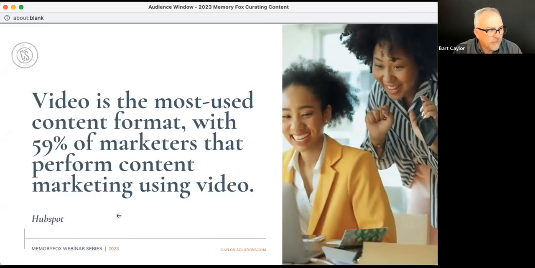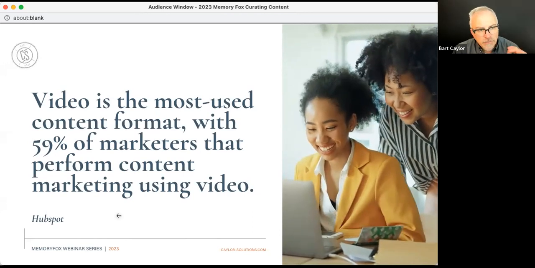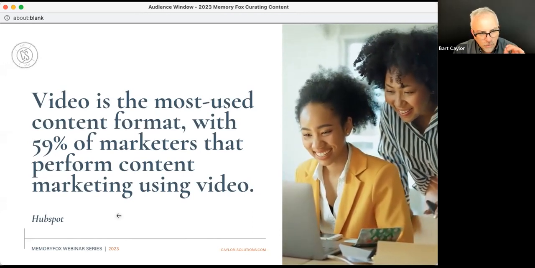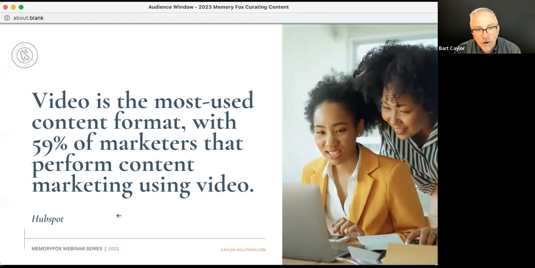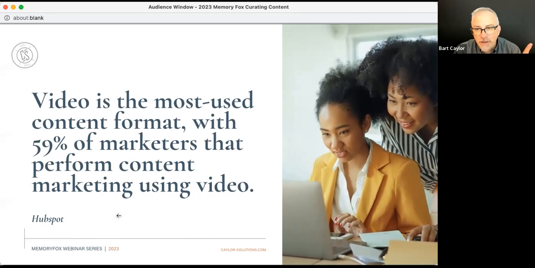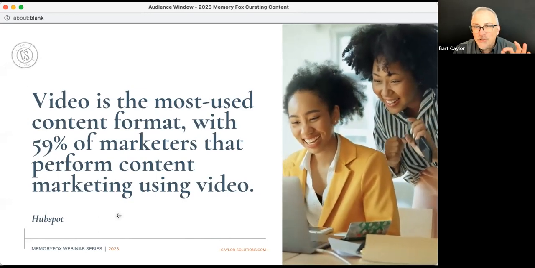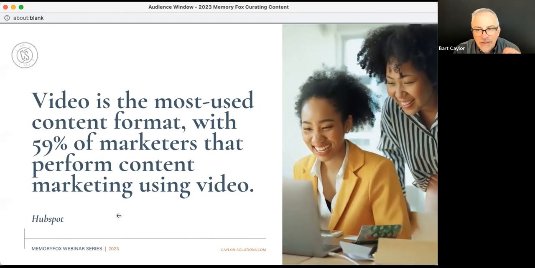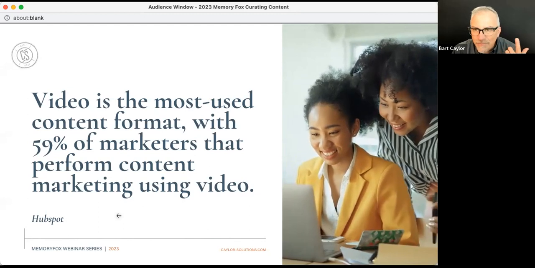A couple more stats that I want to show you about content. Video is the most used content format, with nearly 60% of marketers that perform content marketing using video. That comes from HubSpot. That's one of the things that I love about MemoryFox, that there's a great way to capture video quickly, so we have a way to start building those stories, making